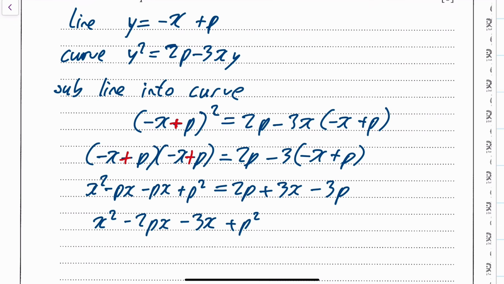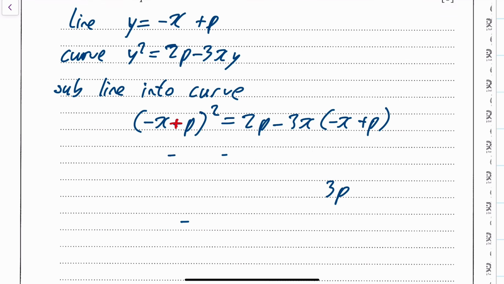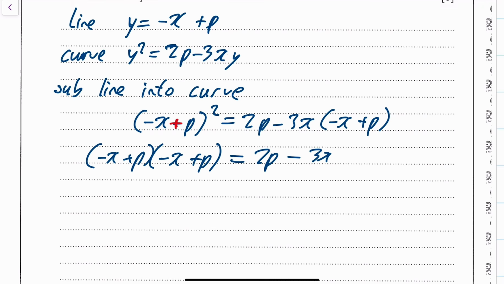Oh, sorry folks, I had another wee mistake there. Look at that. That was a 3x. Right. Apologies. I'm messing this up. Right. Let's do that again. Sorry, that's going to be multiplied out. That's going to be minus x plus p upon minus x plus p. It's equal to 2p minus, and if we just do this one out here, that's going to be plus 3x